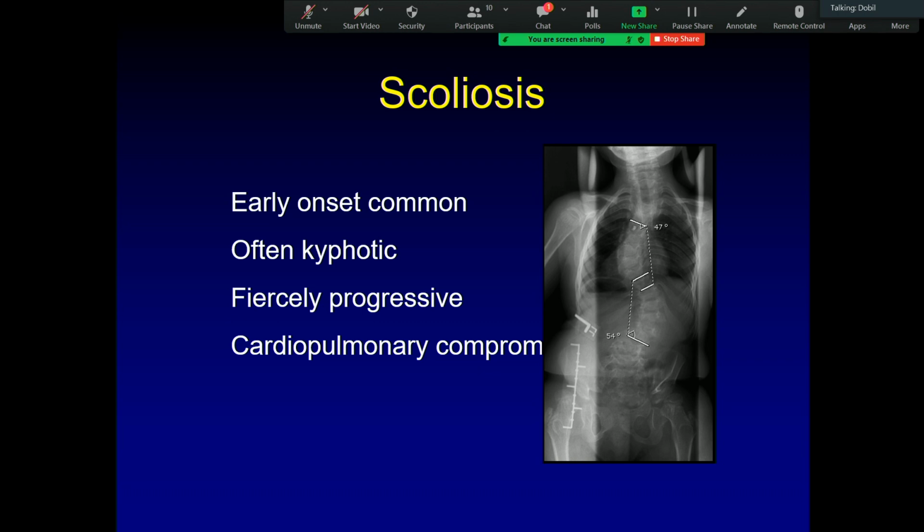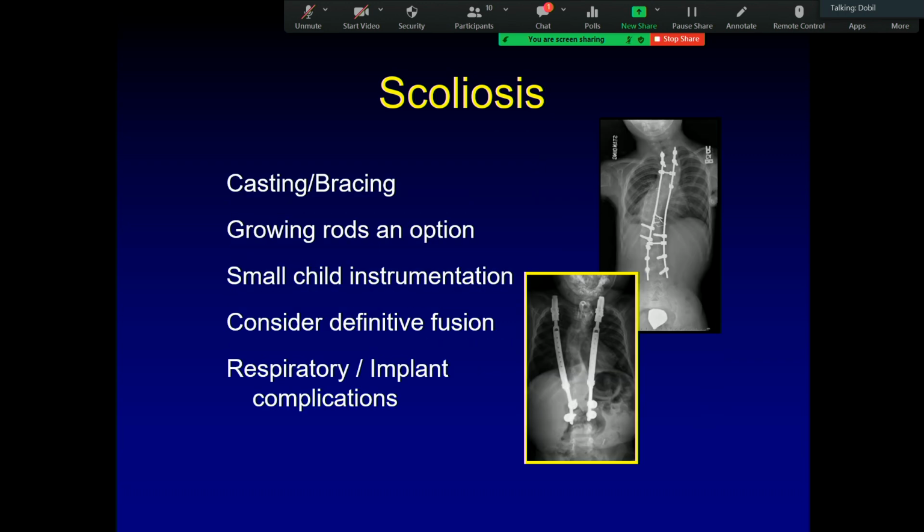Early onset deformity is common, meaning under age 10. But again, they're often kyphotic, and it's usually associated with kyphosis. And the kyphosis is probably in this child, who I don't show the side X-ray here, but also had a kyphosis associated with that, which was probably the driving factor here. And again, they're progressive and result in cardiopulmonary compromise. And then as far as treatment, now scoliosis is